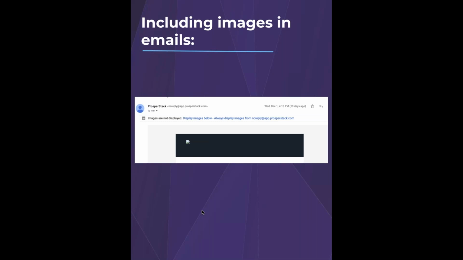I love the Prosper Stack people. They're great. They include an image and it's just not appearing right away until I click to load it. It's pretty common practice to include those images, but in practice, if you can avoid it, maybe try to, especially on something where